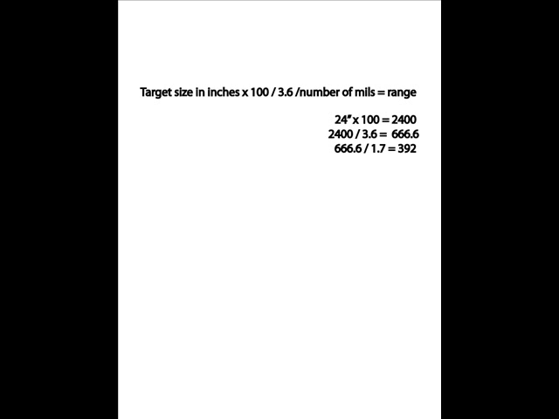We determined that it was a 12-inch target, and we determined that it was at 400 yards. So if we take 12 inches times 100, we have 1200. 1200 divided by 3.6 equals 333.3. And if we take that 333.3 divided by 0.8, if you remember the size of that target as it was shown in our scope was about 0.8 of a mil. If we divide that, we end up with 417. So 417 yards is what we get by using the formula, and that's not too far away